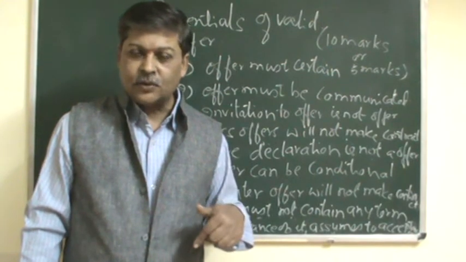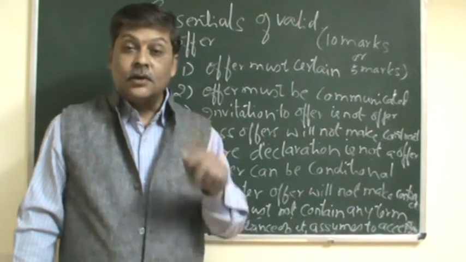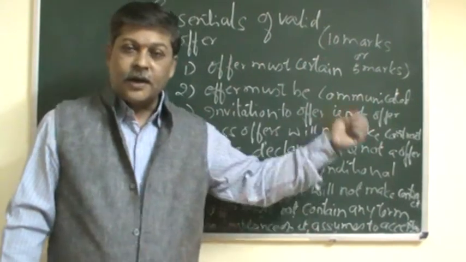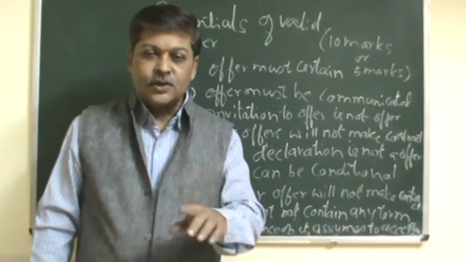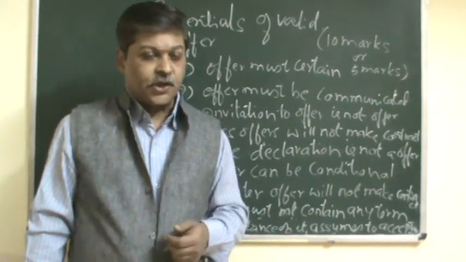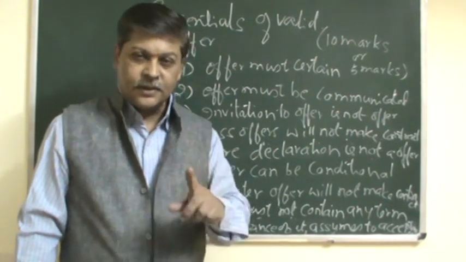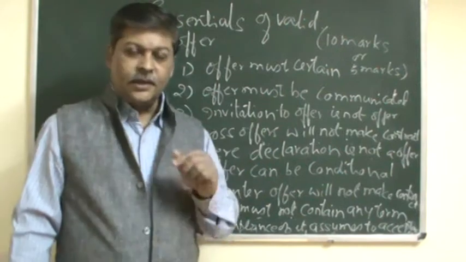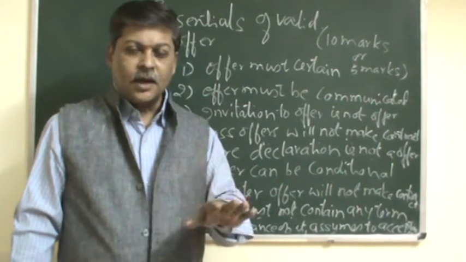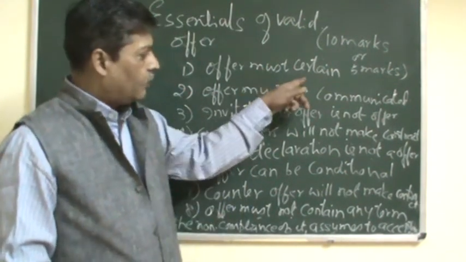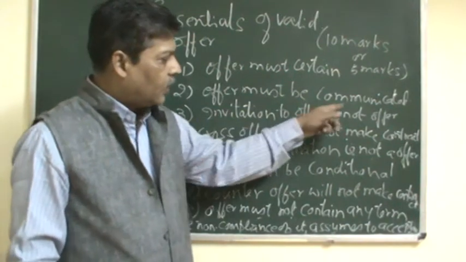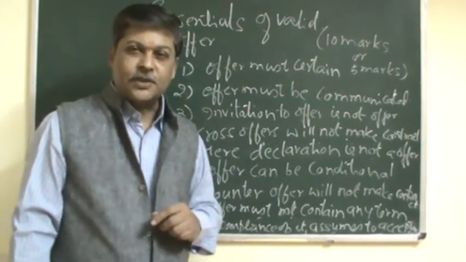and get his consent to that act or abstinence. So in that case, how will the other party come to know about this? It is only through your communication. So the offer must be communicated. This is what we have there, mainly the second rule. Communication is important. So first certainty must be there, then communication of the offer must be there.